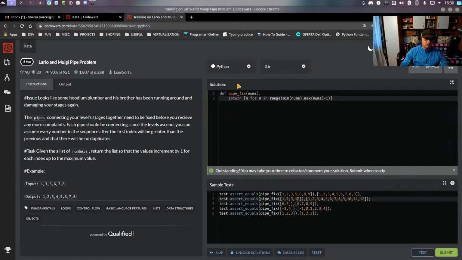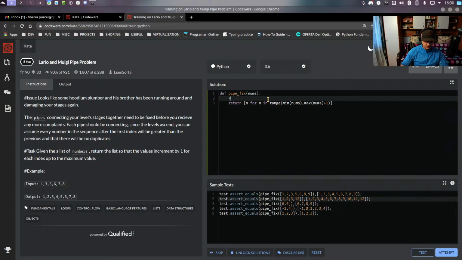My approach to this issue was, first, get the lowest value, and we do that with min of nums, which is the given array. Then get the highest value. We do that with max of nums. So these are the boundaries of our list. We have those. We know we need to add those in